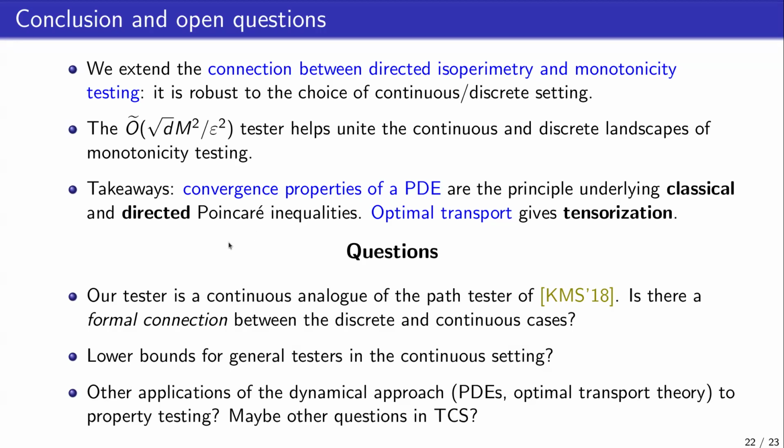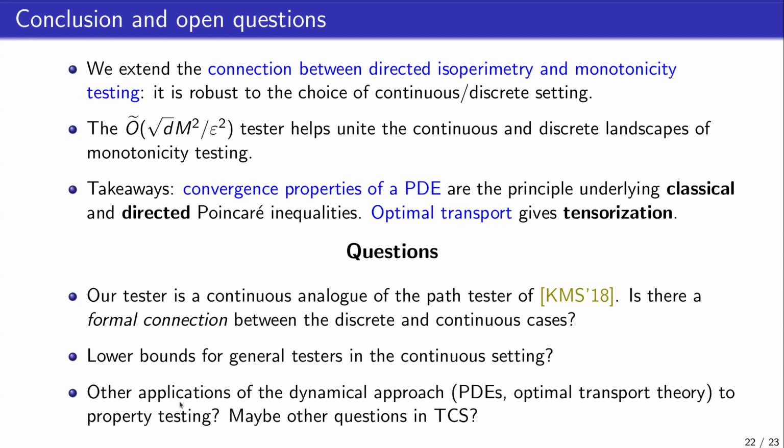And in terms of open questions, I will say, first of all, as was already raised, can we get a reduction or implication for the Boolean case, especially considering that our tester seems to be the continuous analog of the path tester in the Boolean case? Can we make this formal? I've tried a little bit. You can get something, but I don't know for sure. And then another point connected to the first actually is, can we get lower bounds for this general continuous setting without assumptions about the tester, just lower bounds for general testers? I don't know how to show good lower bounds for this problem.